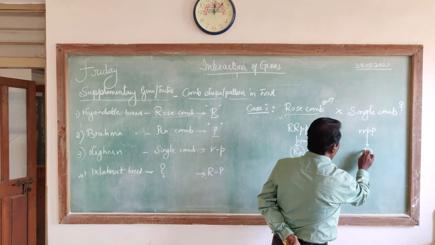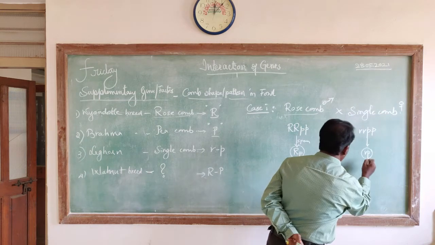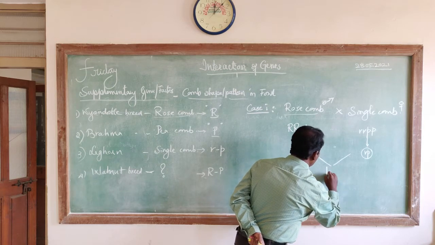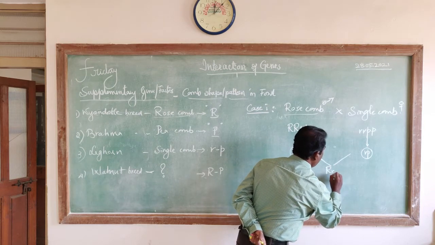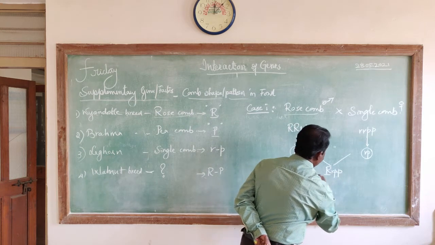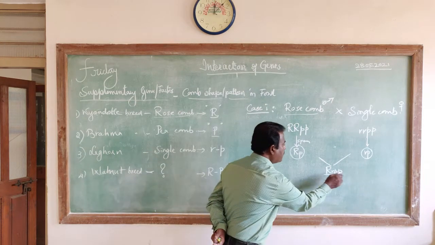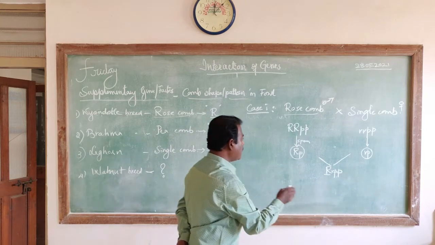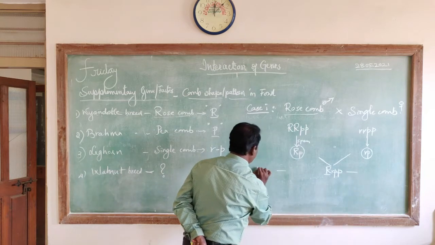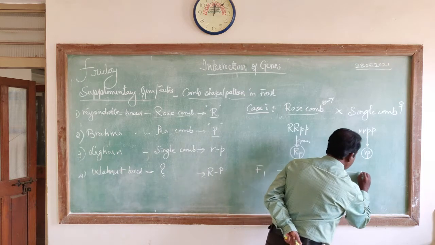That is a single comb of leghorn. When these two, sperm and egg, are united, they together form a genotype, capital R, small r, then small p. Look at it. Capital R gene is for rose comb, whereas small r, no. Then small p, they are not for single comb. Okay? So obviously this is considered as F1 generation, and the phenotype of this genotype is the